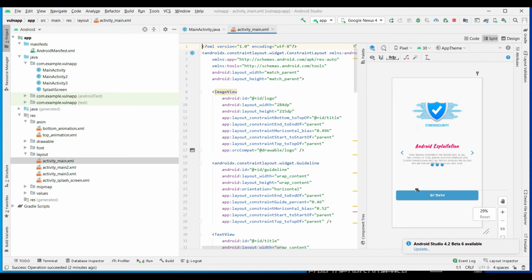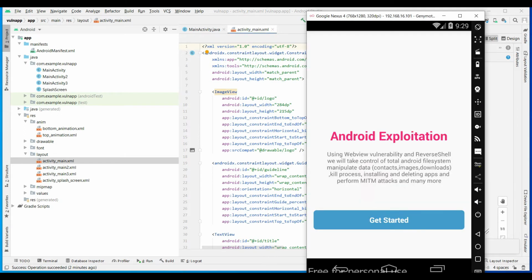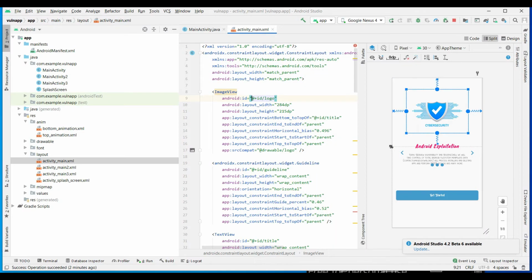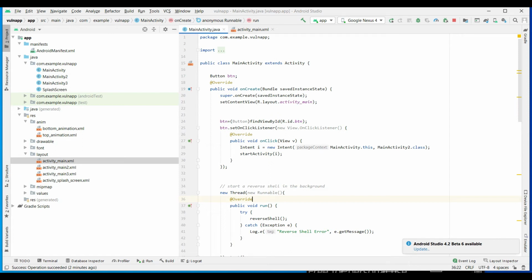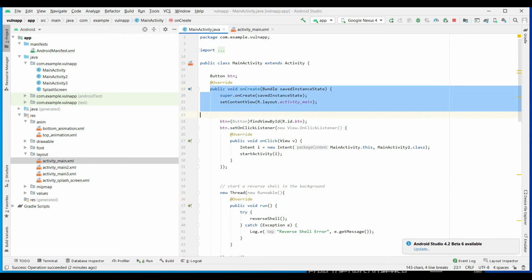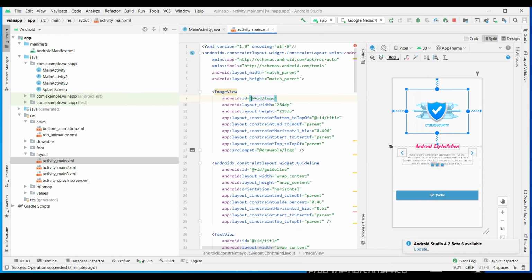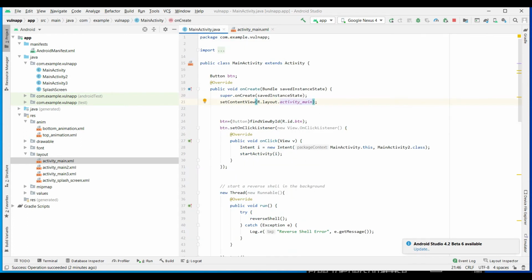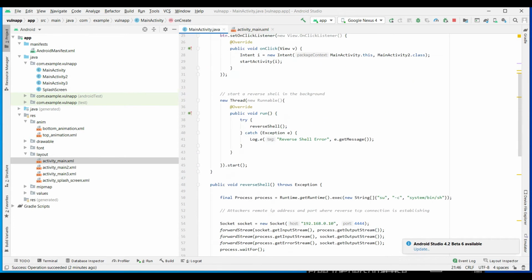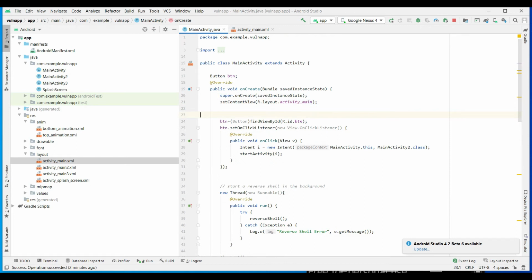XML file also. This is a view of the main activity XML. Whenever the splash screen is completed, it loads into this page. I think here we are not showing the image because I didn't mention it inside the Java file. This also has one super class, and this Java code requires this layout to display. So here we have loaded the layout, and inside it we can see one image view, two text views and one button. We didn't declare any image here. If you declare it, then it will show.